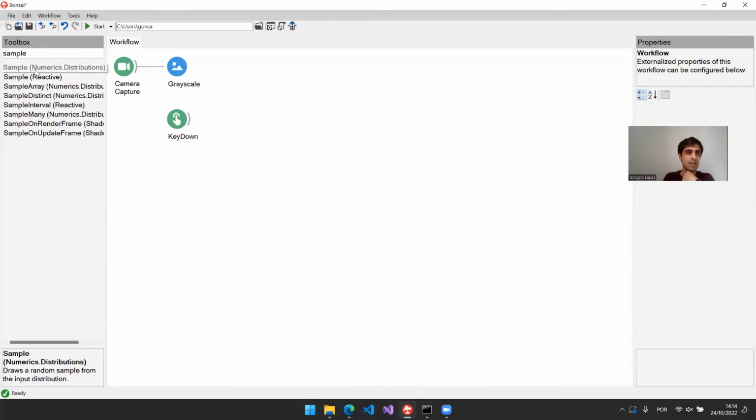So, for example, sample from the package numerics distributions refers to sampling a value from a random distribution. So taking a sample in that sense. Whereas sample in the reactive sense is sampling a value from a time series. So the name is exactly the same, but you can distinguish them by thinking about the package and reading